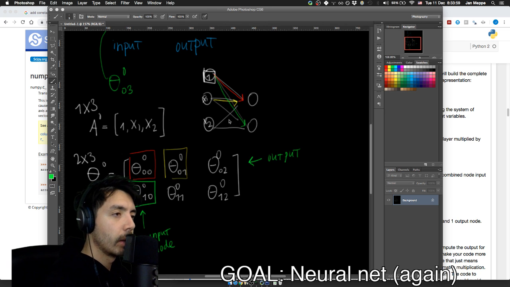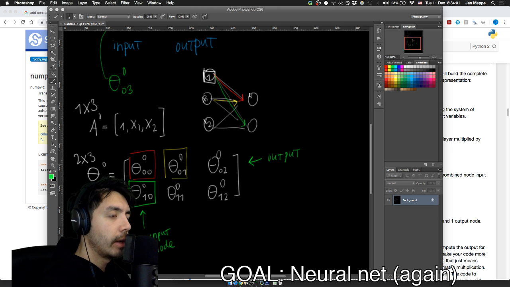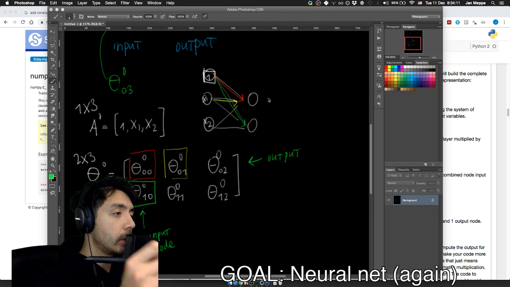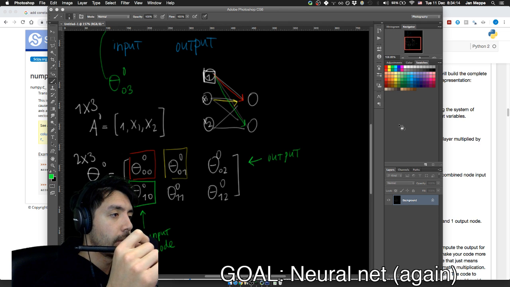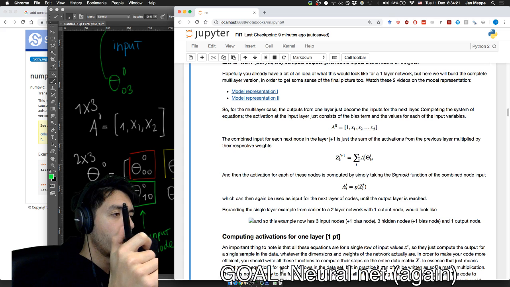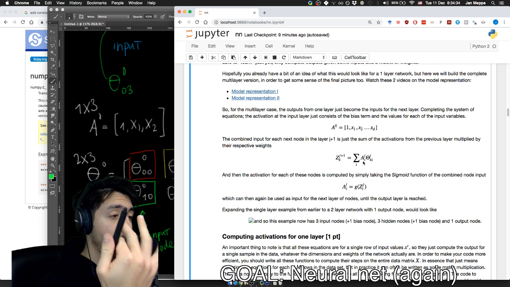So eventually these are going to be numbers, right? These are going to be new inputs, but before you do that, you need to take the linear combination of the inputs times the weights, which we call z. So z k j plus 1, if Photoshop allows me to write, equals a i j theta k i. So assuming that this refers to the row,